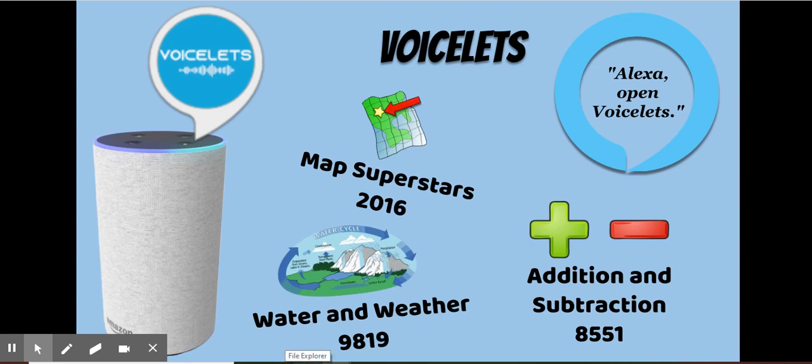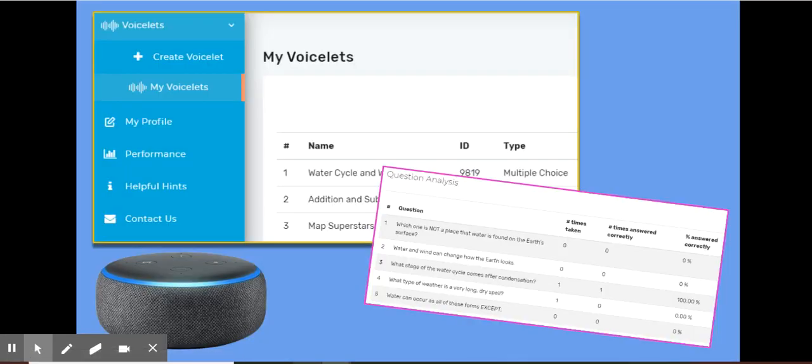3. That answer... And you can see as we go through the Voicelets, it's going to be just a practice activity that they can do independently or they can do with a partner over on the side. That answer is correct. All right, so now we see that we have Voicelets that we can use as well to create our own skills within here.